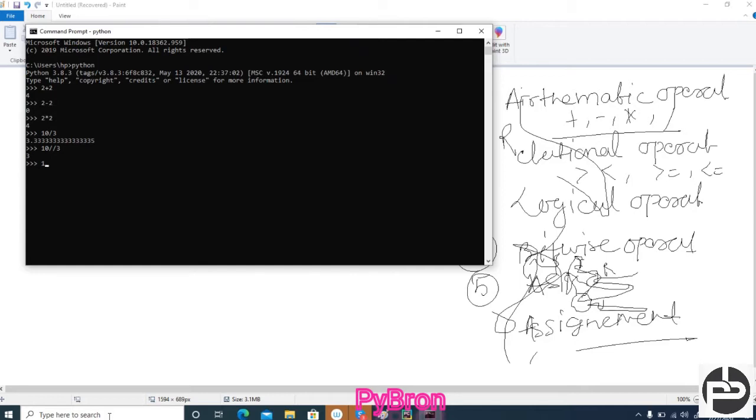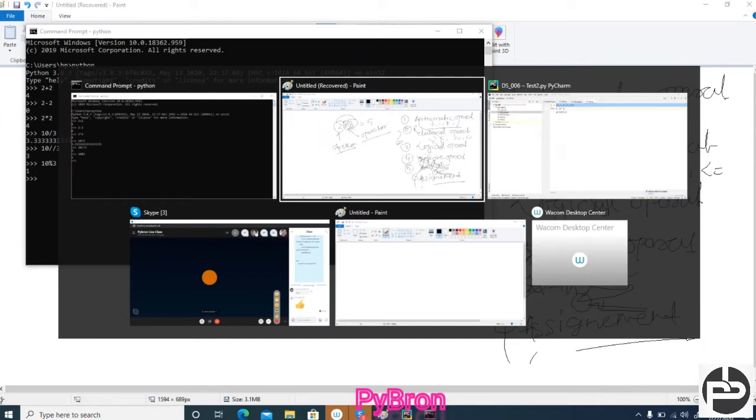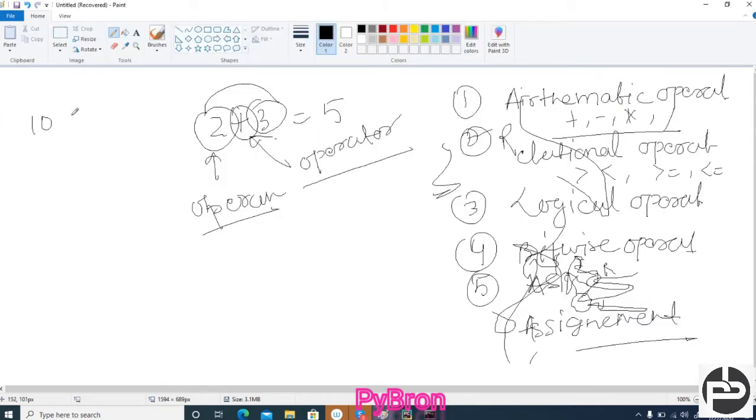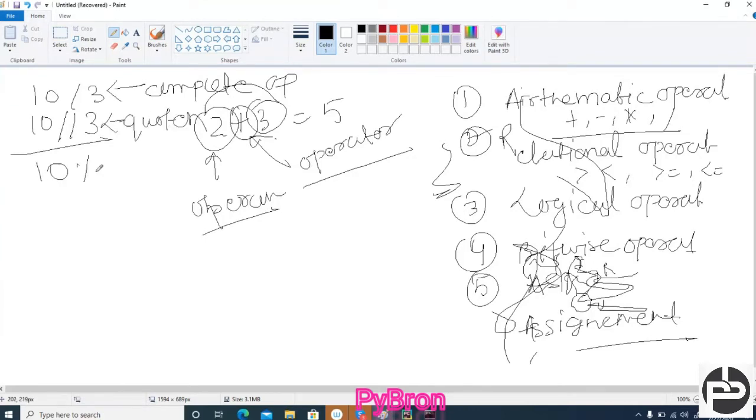If you want the remainder, use 10 modulus of 3, so this will give you the remainder. Please note it down.